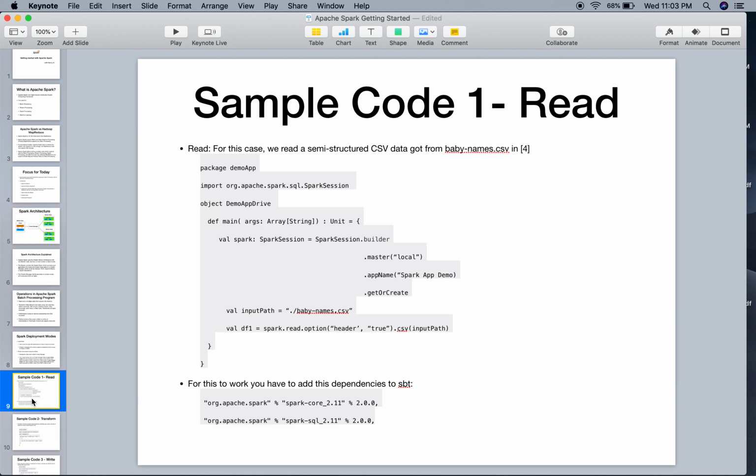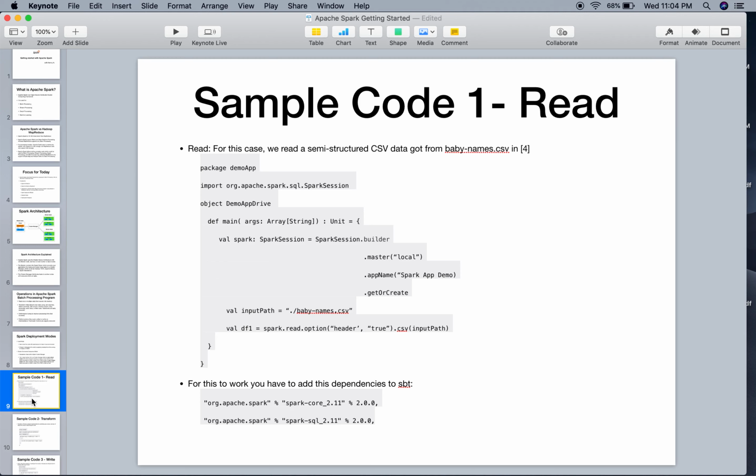And so within this code, the read code, we have the Scala code, which has the objects. If you want to learn more about Scala, you can send me a message. I could share with you some valuable resources. But there are so many tutorials online where you can learn about Scala. So we have the objects,